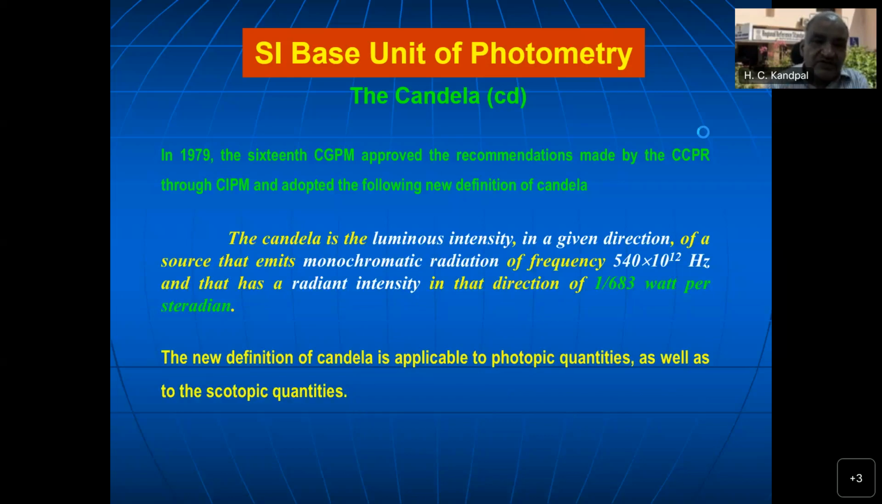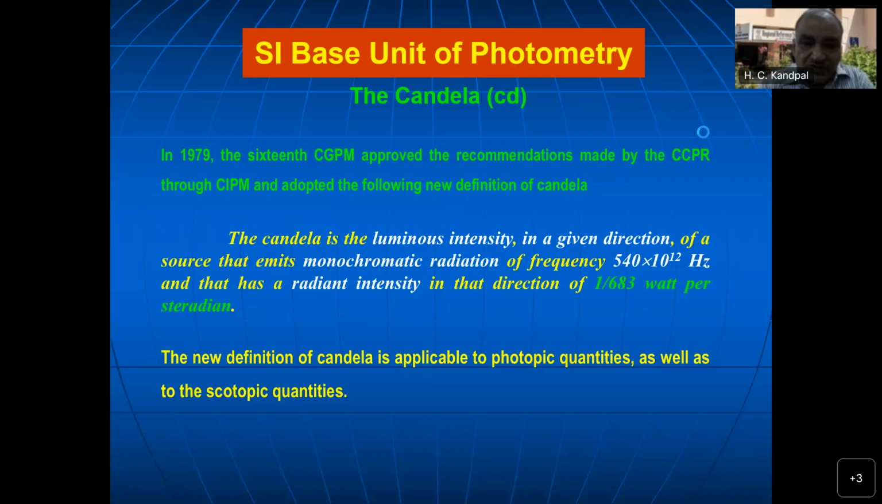But in 1979, when physical absolute radiometers were discovered and came into the mainstream measurement systems, the CGPM, the General Conference on Weights and Measures, redefined the base unit of luminous intensity, the candela, at a monochromatic radiation of 540 into 10 to the power 12 hertz,